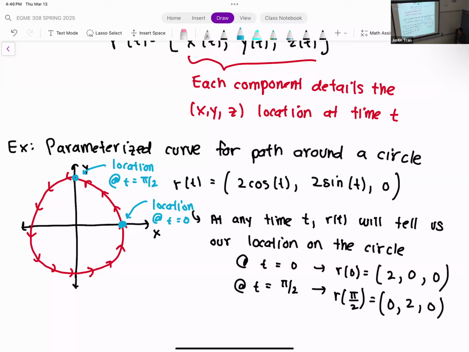Okay. And you can evaluate this at all other intermediate times as well. So what you're going to see is that we're going to follow the circle around this path. Okay. So that's kind of the idea of a parametrized curve. A parametrized curve, you're technically in 2D space, 3D space, but the parametrized curve will kind of detail a certain path. So it's literally, you're in 2-dimensional space and you're walking on the path, and the curve kind of describes where you are on that path at any time. Okay. All right, any questions on this?